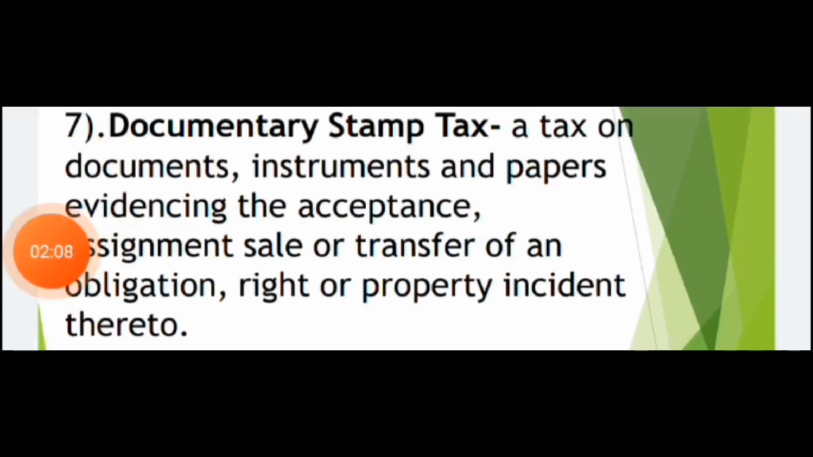Now, number 7, documentary stamp tax. A tax on documents, instruments, and papers evidencing the acceptance, assignment, sale, or transfer of an obligation, right, or property incident thereto. What this means is it is a type of tax made by the government, with fees on various documents, instruments, loans, agreements, sales, or transfer of an obligation, rights, or property. It is often collected on legal documents to make them enforceable and serves as a way for the government to generate revenue